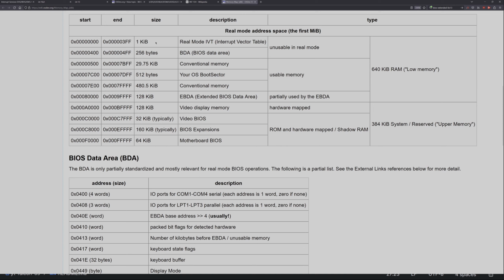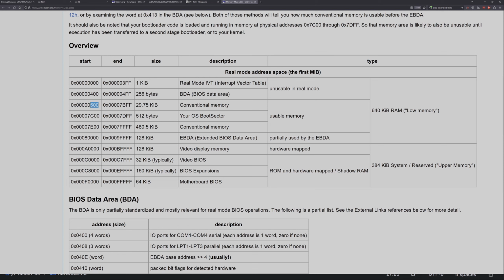It means that we have zones that are off limit, that are unusable, and we have some zones that we can use to our discretion, and we have some zones that are used by the BIOS, some other zones that are used by the video display and stuff like that, right? So what we need to do is set up a stack. We don't need much memory, just about 256 bytes or something, starting from 0x500